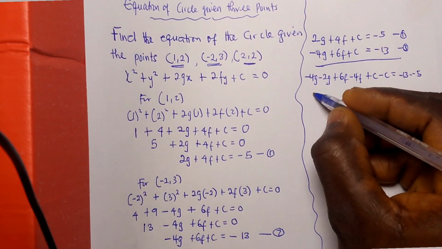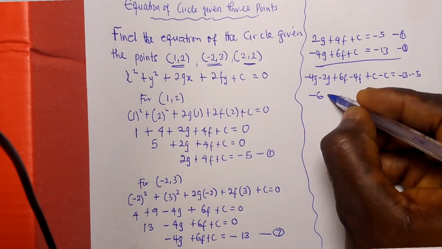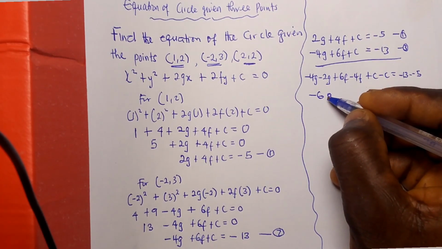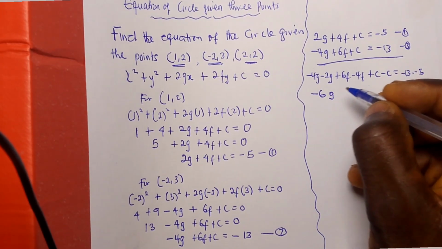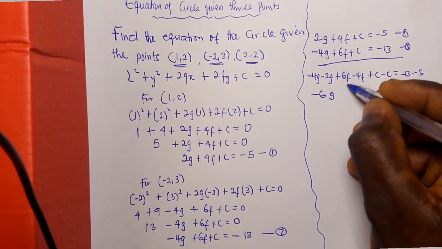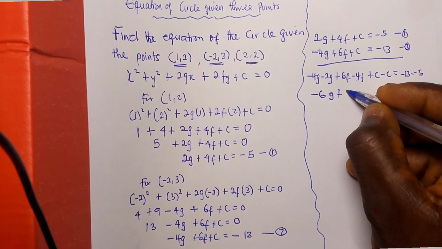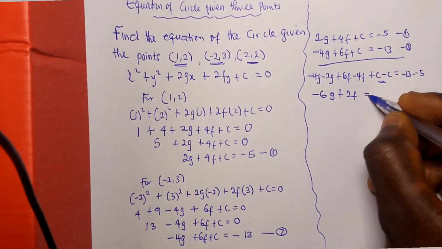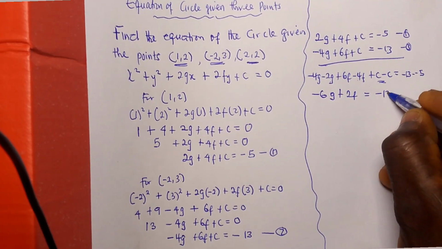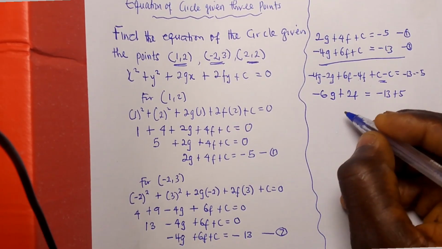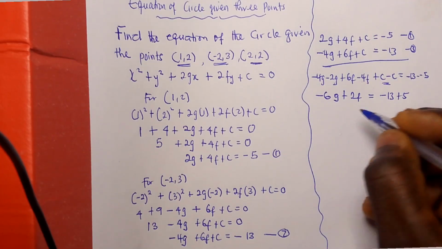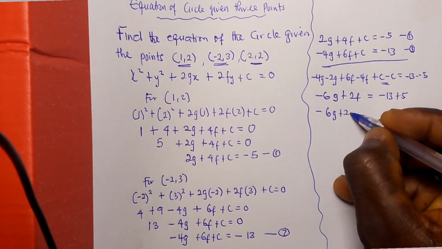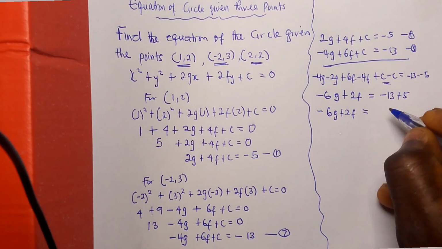So when you subtract this, you're going to get minus 6j for that side, and then plus 2f, then here will be 0, is equal to minus 13 plus 5. Now at this point, let's simplify this. Minus 6j plus 2f is equal to